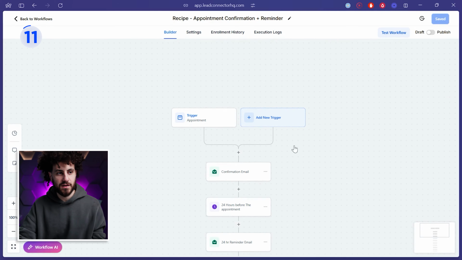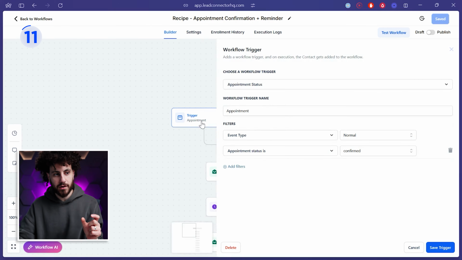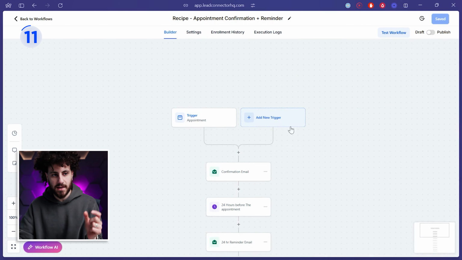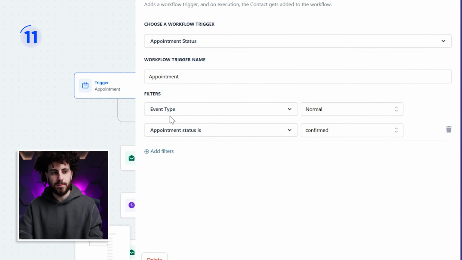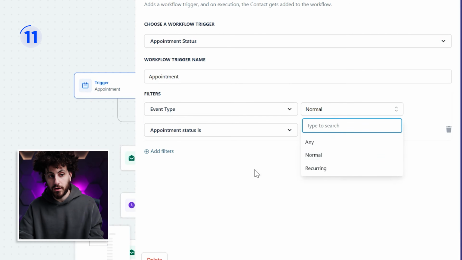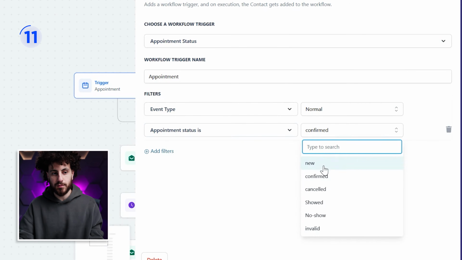So the first trigger of this appointment reminder and confirmation text and email is going to be a trigger that is the appointment status. To get that, you would just go to trigger and then press on appointment status, and then you would press on that right there. Now you can also break it down a little bit deeper. So if the event type is normal or reoccurring, or if the status is confirmed or new,